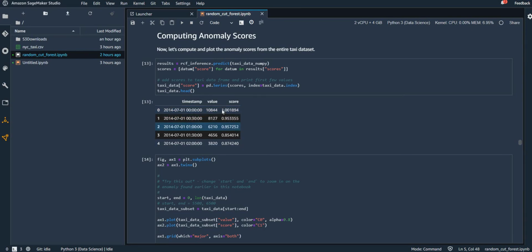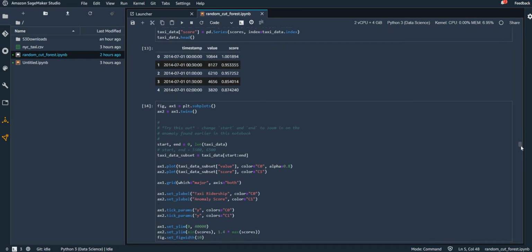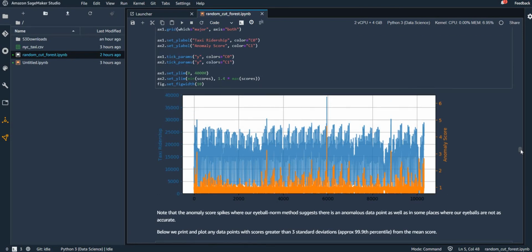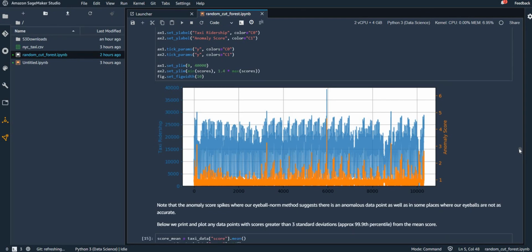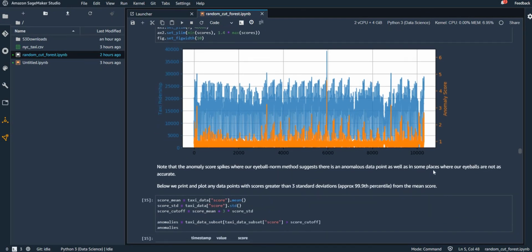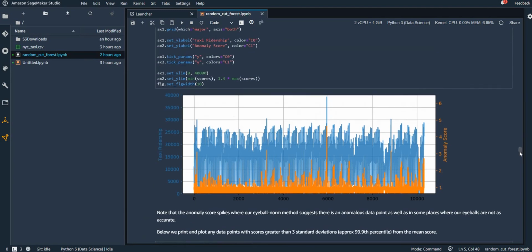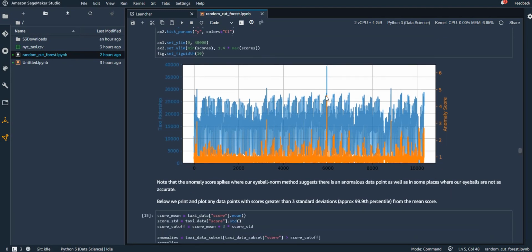You can see that their scores are this, and we want to do a plot of all based on these anomaly scores. So there are some anomalies here, and also if you see the orange one, which is the anomaly scores, you can see there is an anomaly score spiked up here, there is an anomaly score spiked up here, and then there is a large dip, and then they are coming up here.